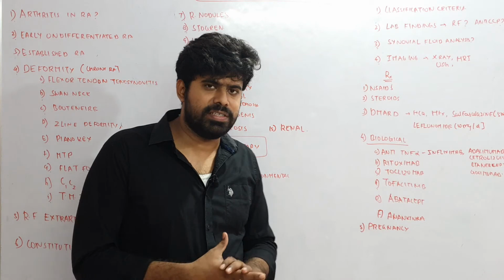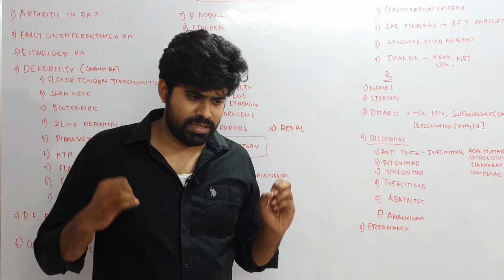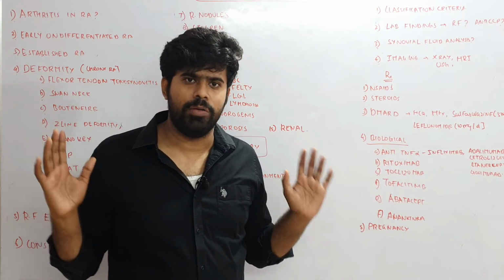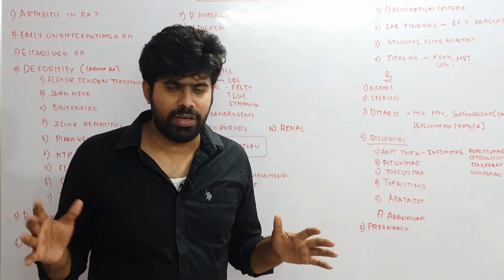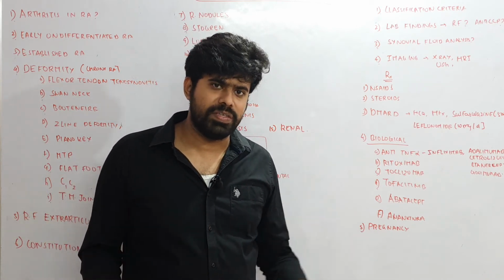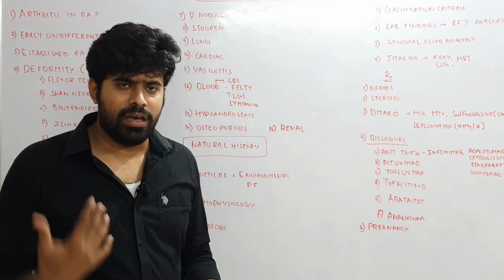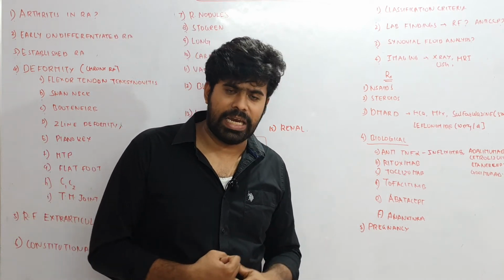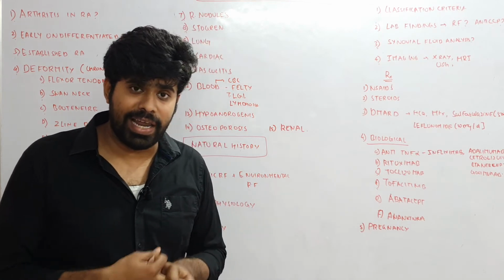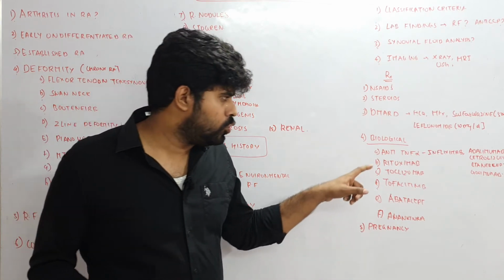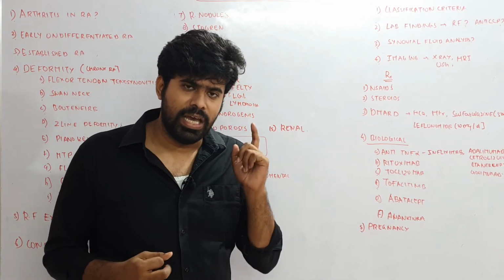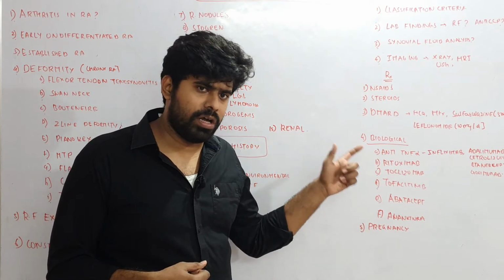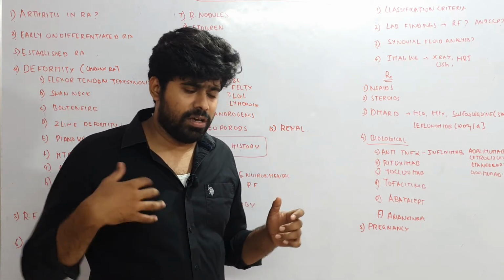But the problem with these drugs is that they can cause significant immunosuppression, and they can have significant hepatotoxicity and nephrotoxicity. Because of this immunosuppression, there is a high chance of opportunistic fungal infections and opportunistic bacterial infections. They can cause TB, latent TB reactivation. So you should rule out hepatitis B, hepatitis C and latent TB before administering these drugs, because they can worsen